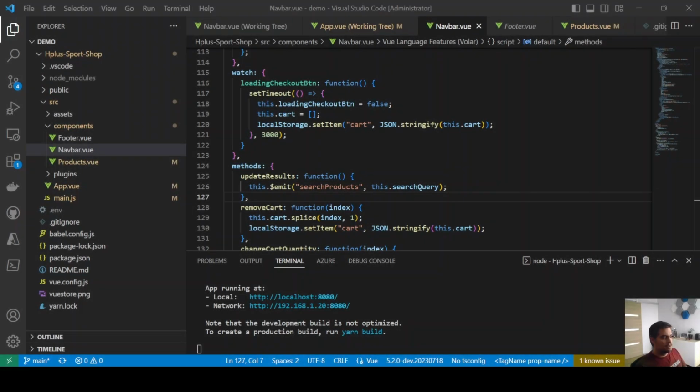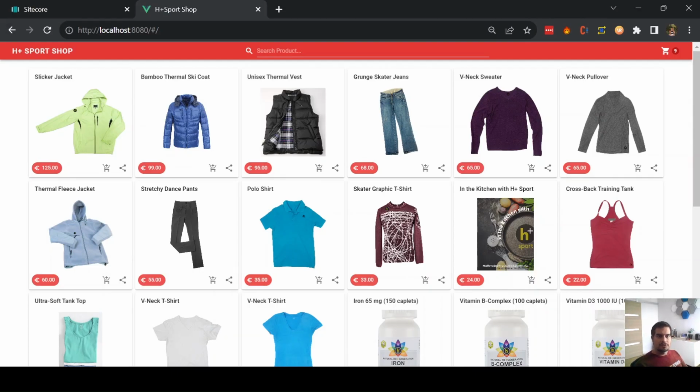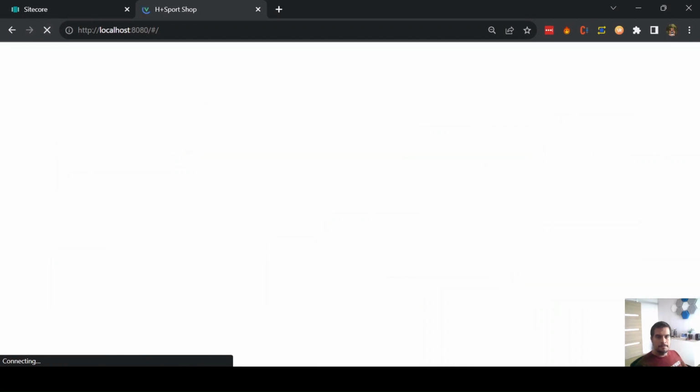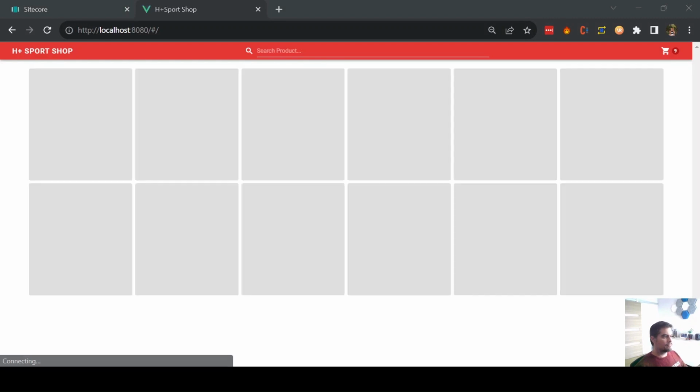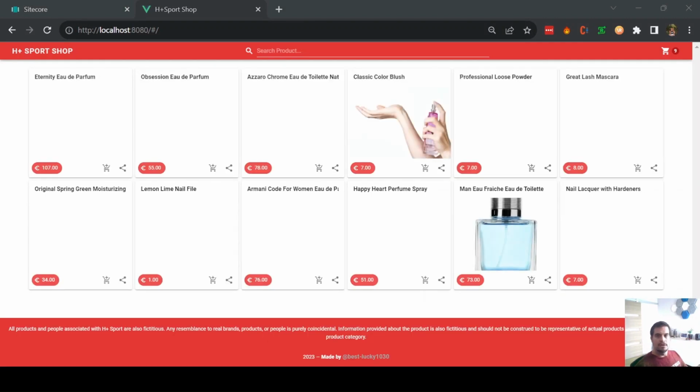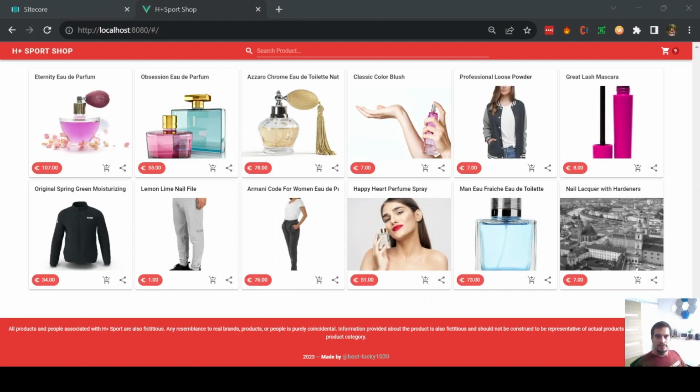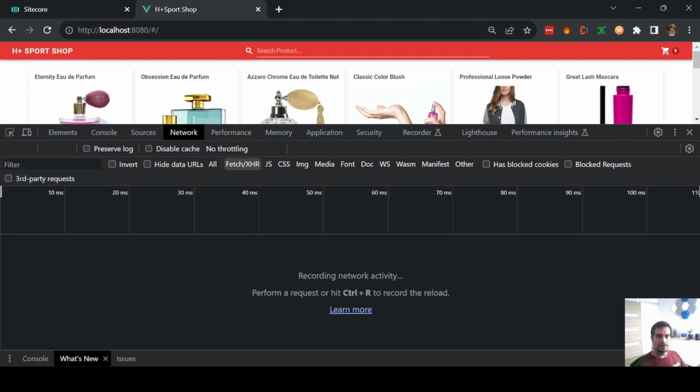Now it's built. So let's refresh our site. And now we should start getting products from Discover instead of the API. Let's have a quick look. Let's wait for it to refresh. And you see, we get now products from Discover. If we look at the network tab, let's check the network fetch. And if, for example, I click on a product,